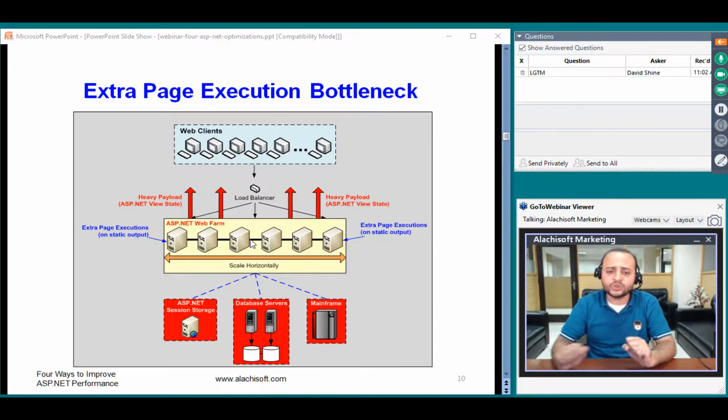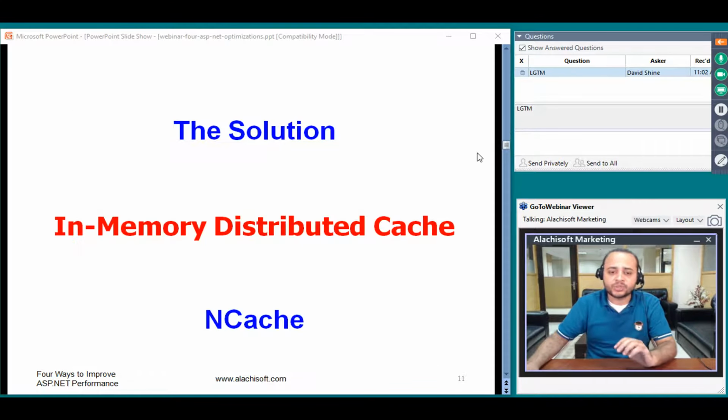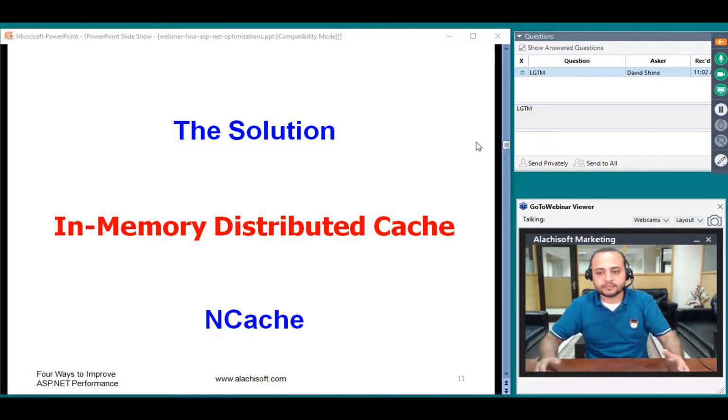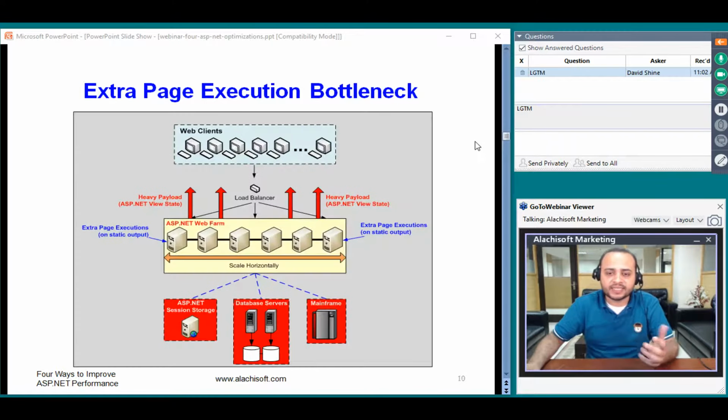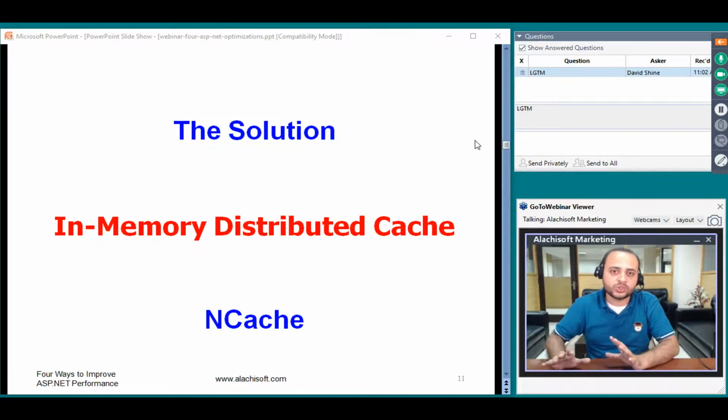Any questions so far? If there are any questions, please let me know. I'll be very happy to answer those questions. You can always use the question and answer tab on the right side of your screen in the GoToMeeting panel. I'm keeping an eye on it. As a matter of fact, it's right in front of me. So please let me know if there are any questions. Okay, so assuming that everything was pretty straightforward,